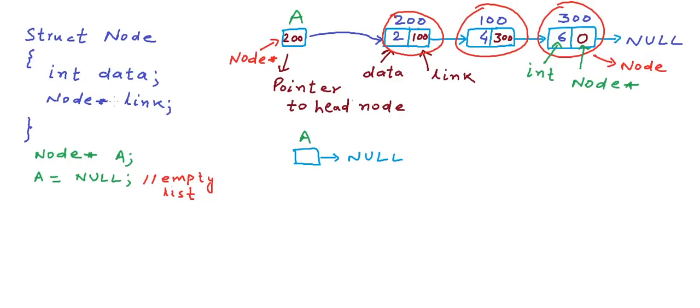Now let's say we want to insert a node in this list. So what we do is we first create a node. Creating a node is nothing but creating a memory block to store a node. In C, we use the function malloc to create a memory block. As argument, we pass the number of bytes that we want in the block. So we say, give me a memory block that will be equal to the size of a node. So this call to malloc will create a memory block.